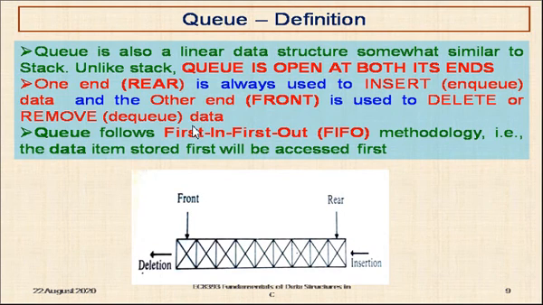So that is why, since both the ends are open in the case of a queue, this follows the principle of first in, first out. Okay. So at the rear end, you can see the illustration. At the rear end, the data is inserted. At the front end, data is deleted. And these two are pointers: rear pointer, front pointer. At the rear end of the queue, data is inserted. At the front end of the queue, the data is deleted.